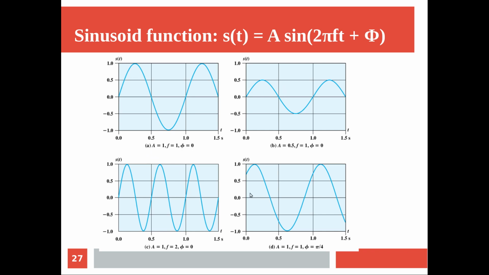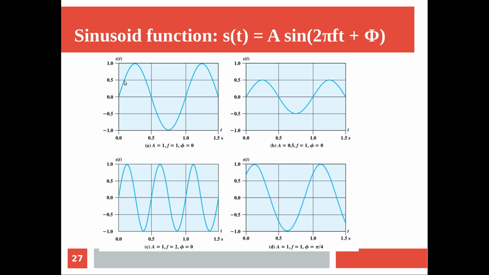And here you can see that the signal is not starting from 0, so there is a phase shift. How much is the shift? One complete cycle corresponds to 2 pi, half corresponds to pi, its half corresponds to pi by 2, and again its half corresponds to pi by 4. So the signal is shifted by pi by 4.